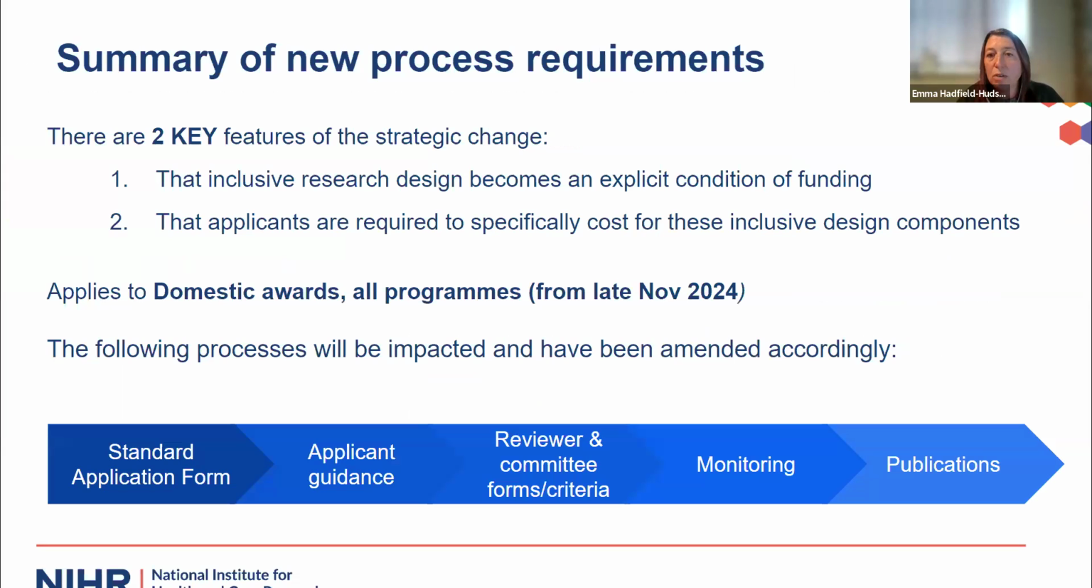So what's important to note is that the requirements are not new, but they formalise and build on previous expectations and guidance around inclusion. However, we're moving beyond expectations to explicitly requiring inclusive research design as a condition of funding, and you'll be required to specifically cost for these inclusive design components. So, like I've just said, initially this will only apply to domestic awards, and this will be from late November